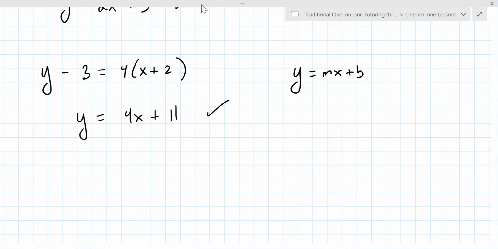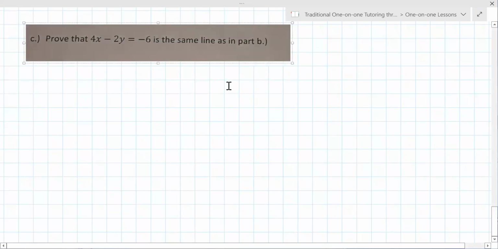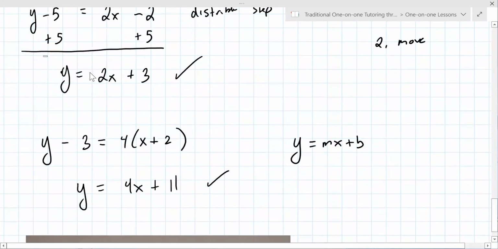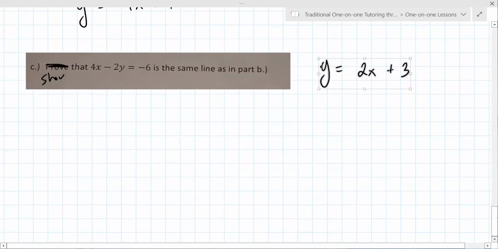Okay, let's look at the next part of it. All right, so the next one here, it says prove. Really should say the word show. Prove is very different in math. Show that 4x minus 2y equals -6 is the same line as in part B. So basically, the instructor is saying, can you go